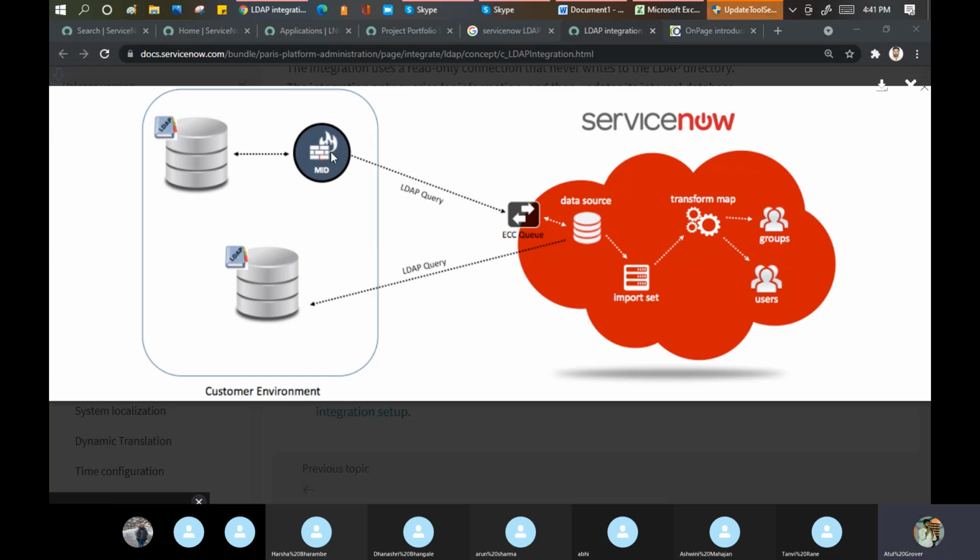So remember a few points when you talk about integration. We always prefer to go with the MID Server. That is the number one point. To set up the integration, we require the client infrastructure username and password, and these are called the service account. Then we can do the integration via APIs.